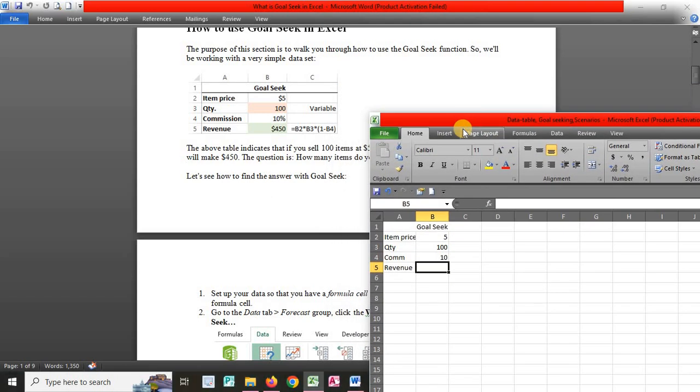The revenue should be equal to B2 multiplied by B3 multiplied by 1 minus B4. You get 450 shillings,